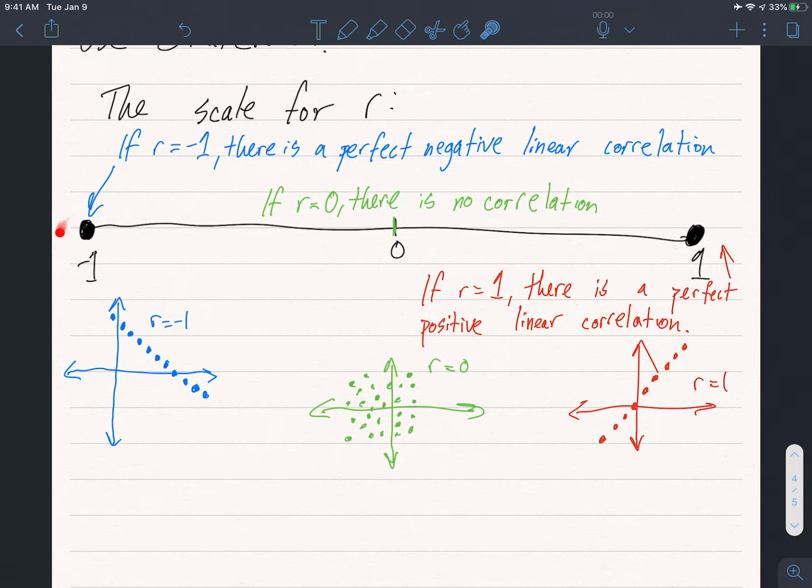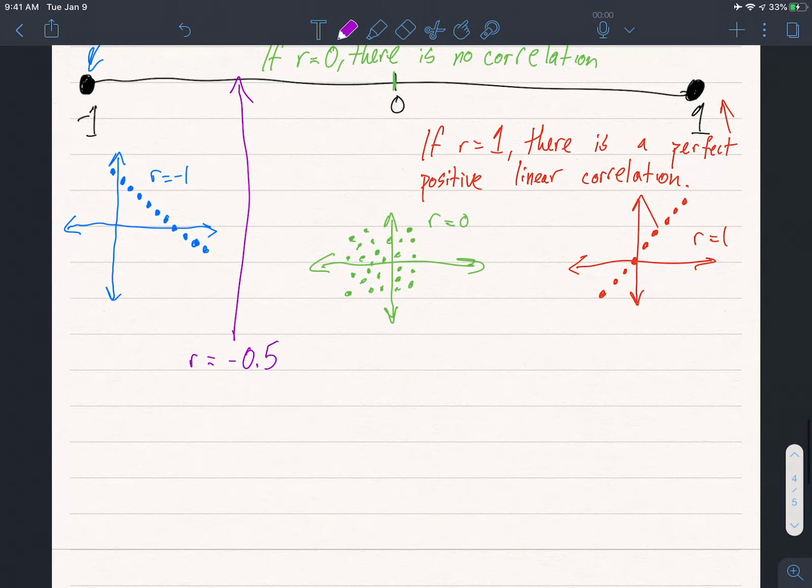If you start at -1 and go closer and closer to 0, that means your dots are going to get farther and farther apart, look less and less linear. And then as you move to +1, your dots are going to start falling on that positive linear line right here. So last example, let's say I have an R of